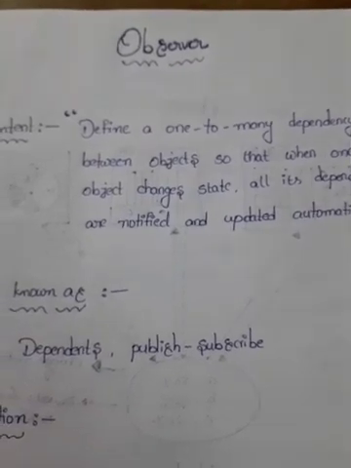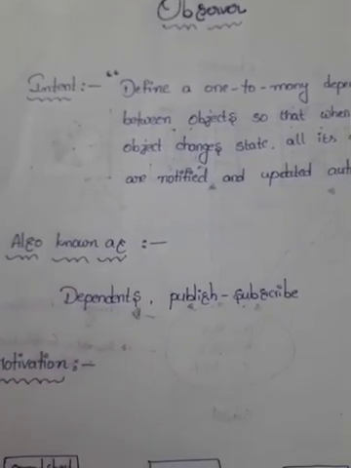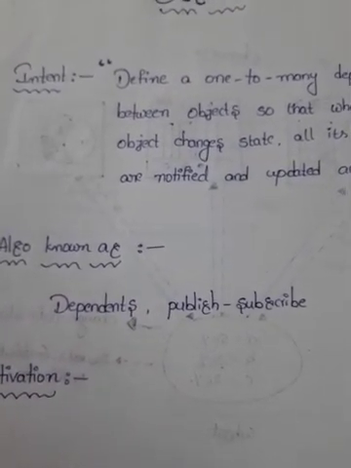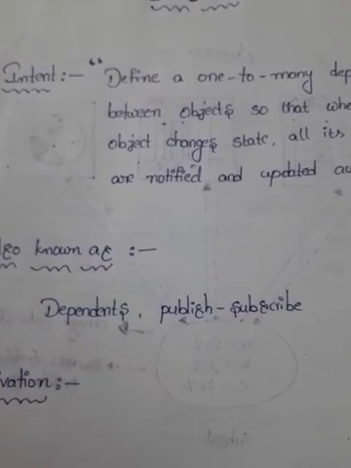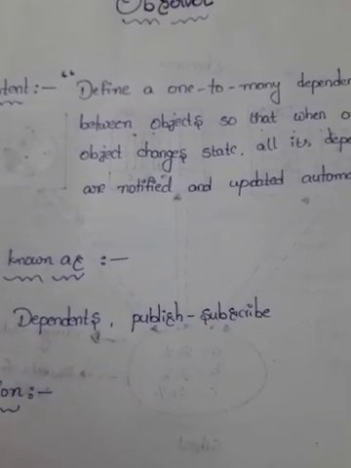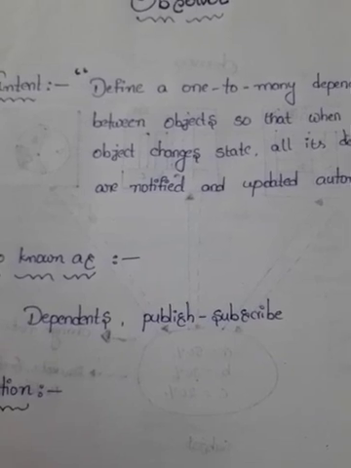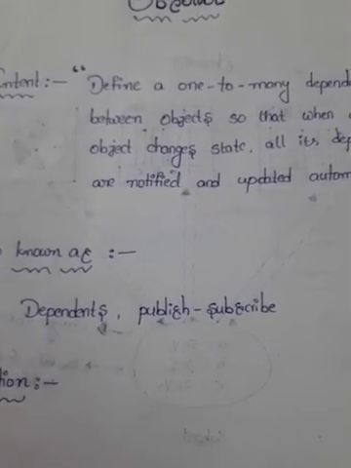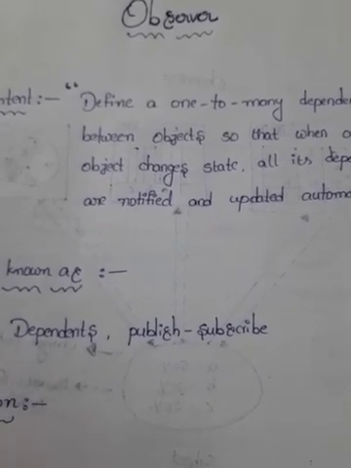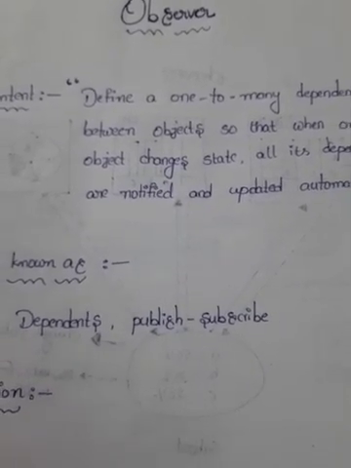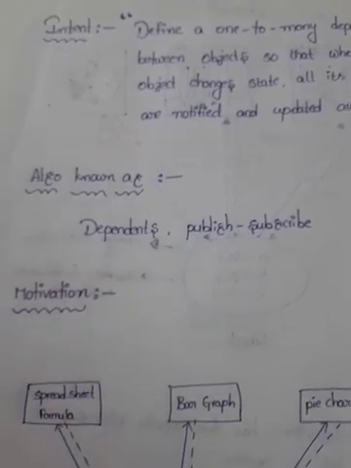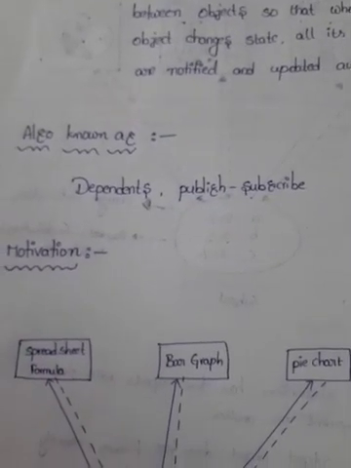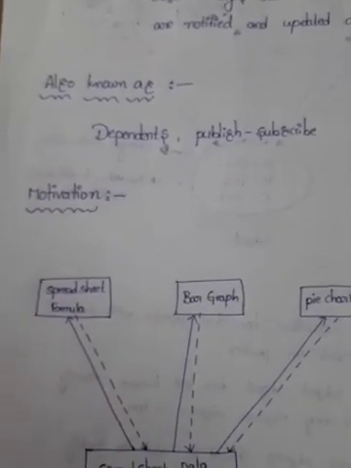And our next template is also known as. This observer pattern is also known as dependents, publish-subscribe. Dependents and publish-subscribe are the other names for our observer pattern. And our next template is motivation. Coming to the motivation of our observer pattern,